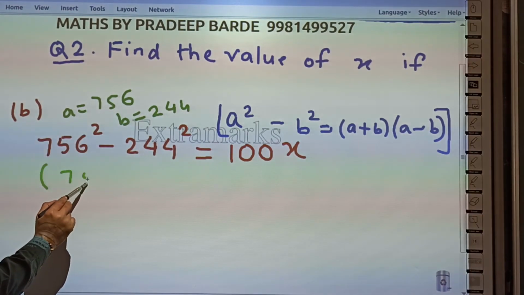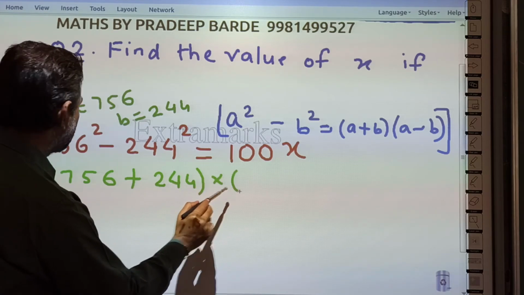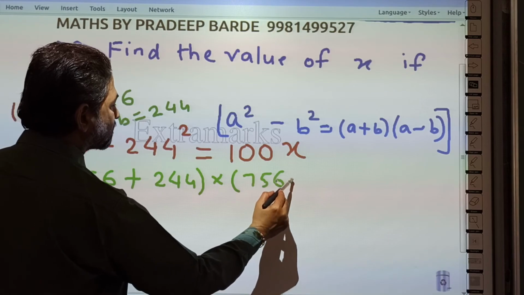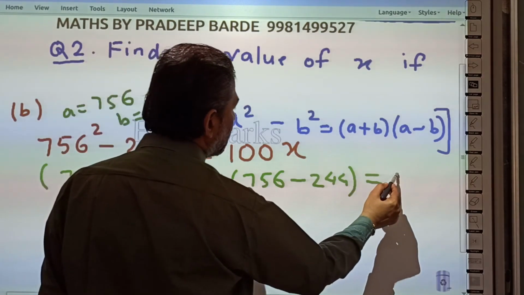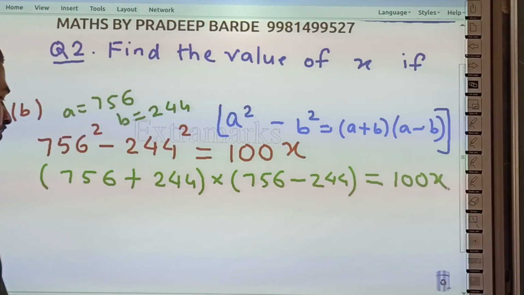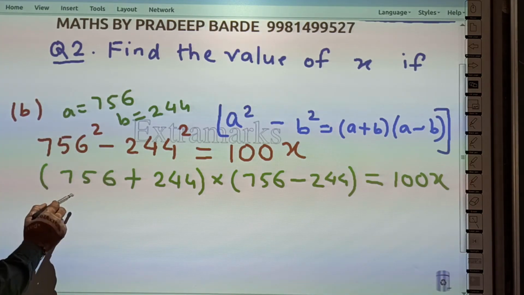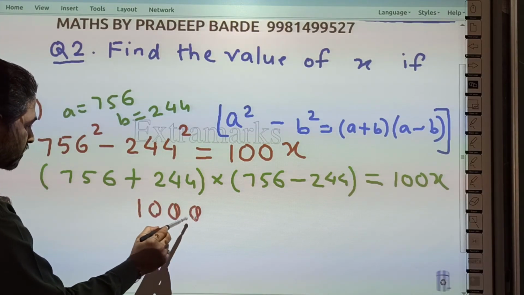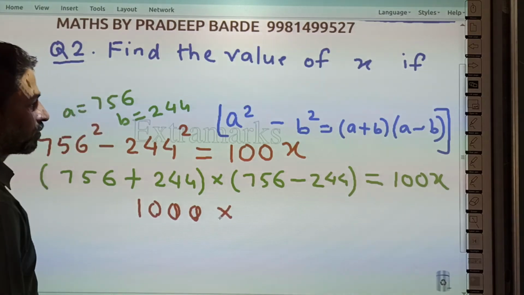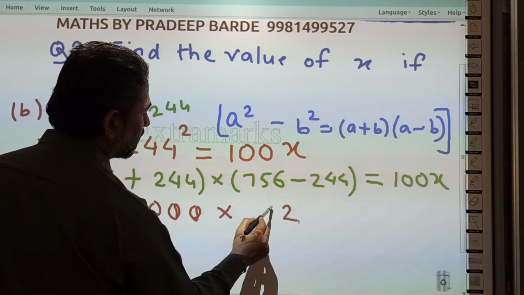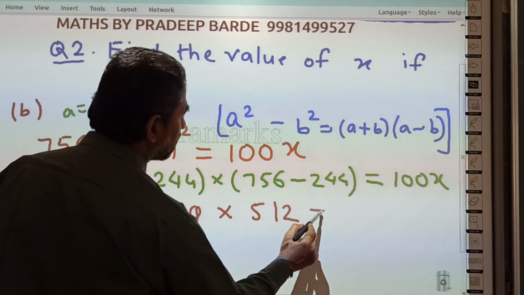a is 756 plus b is 244 into a 756 minus b 244. This is equal to, right hand side is as it is, that is 100x. अब हम इसको सॉल्व करेंगे सिंपली बच्चों. 756 plus 244 we get 1000. चेक कर लें. 6 plus 4 10, 5 plus 4 9 plus 1 10, 7 to 9 1 10,000 into 6 minus 4 2, 5 minus 4 1, 7 minus 2 5, 512